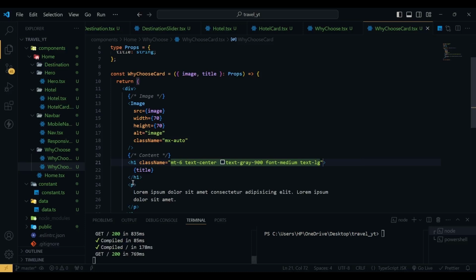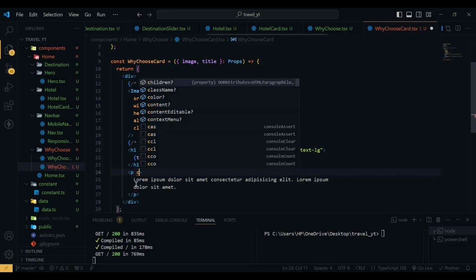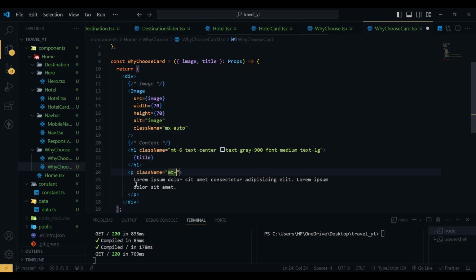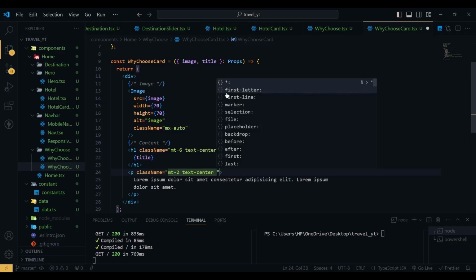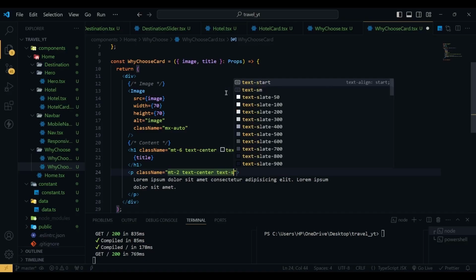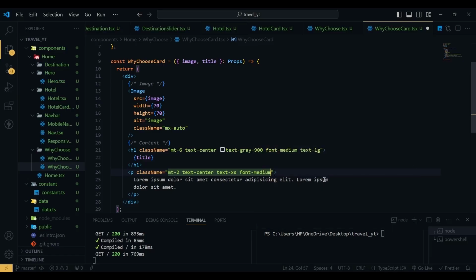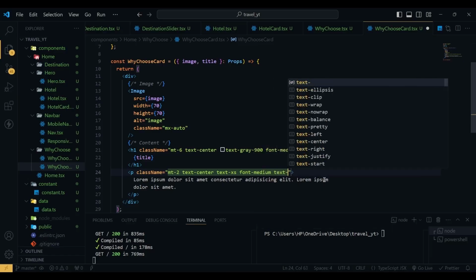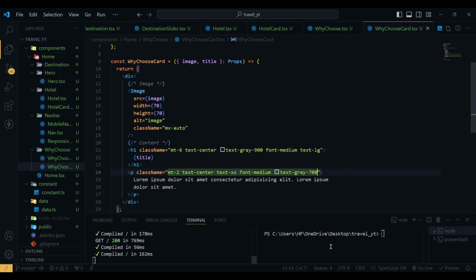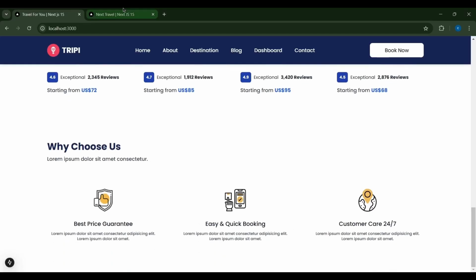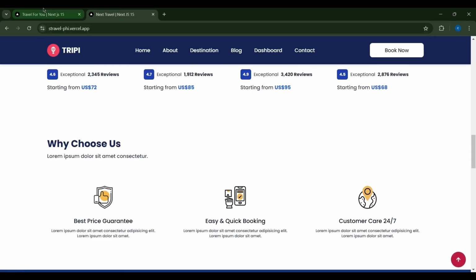Now if I hit save, and for the p tag, this one has a class name of margin top of 2, text will be center, and text will be extra small, font will be medium, and text gray 700. Now if I hit save, and now you can see it looks like this one, and